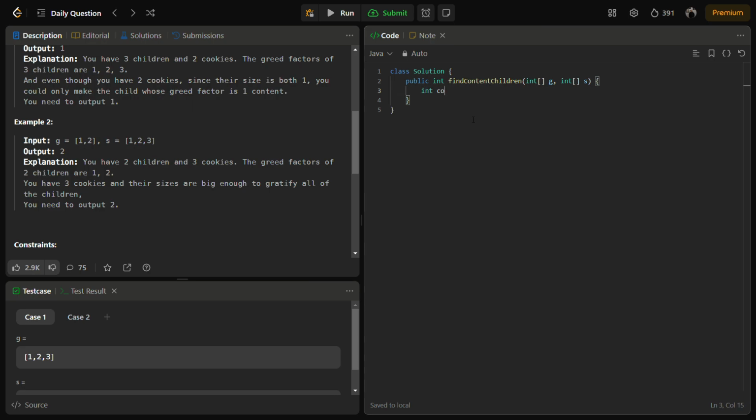So let's come to the code section. First of all, we'll take an int cookies num and initialize it with the length, and if cookies num is equal to 0, we'll return 0, no possible. Otherwise, Arrays.sort the greed factors